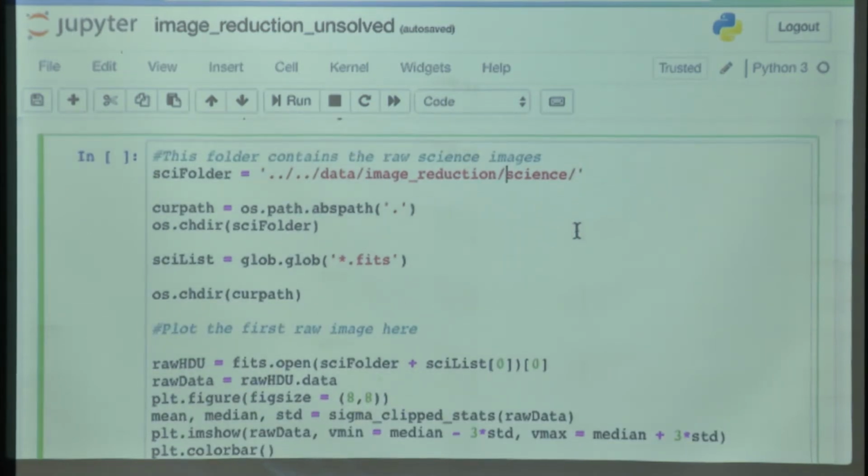Right. Okay. Anybody having major issues getting to this step so far? Everybody has a master flat and a master bias ready? Okay, good. So what I'm doing here again is, this folder now has all the science images that we